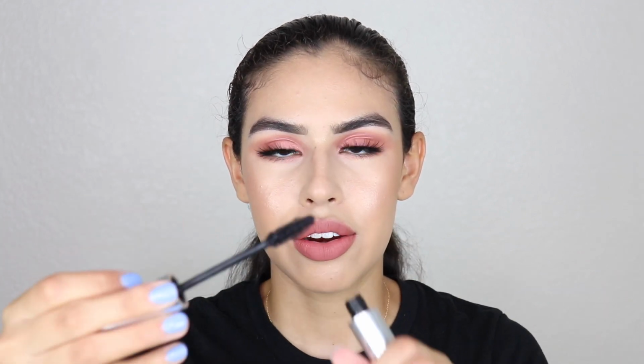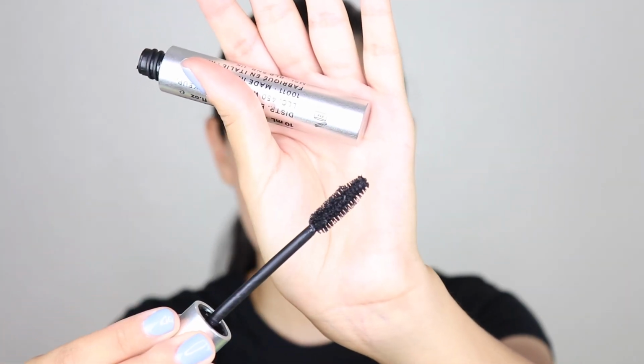And this is my monthly favorite, or it's been my favorite for over a month now. This is the Milk Makeup Kush mascara. I'm going to show you the wand on this right here. It's super fuzzy and fluffy and just so much volume. It lengthens, I think, a little more than it volumes on me, but the reason this is in my monthly favorites is because this mascara does not